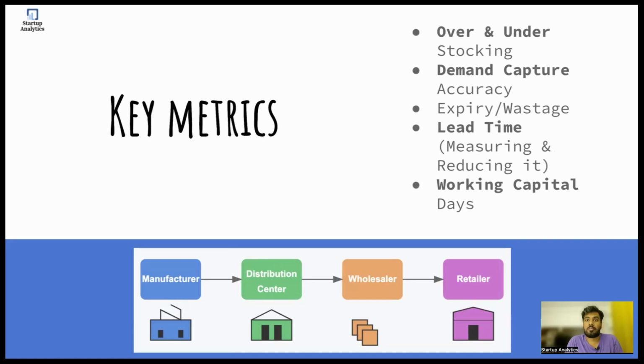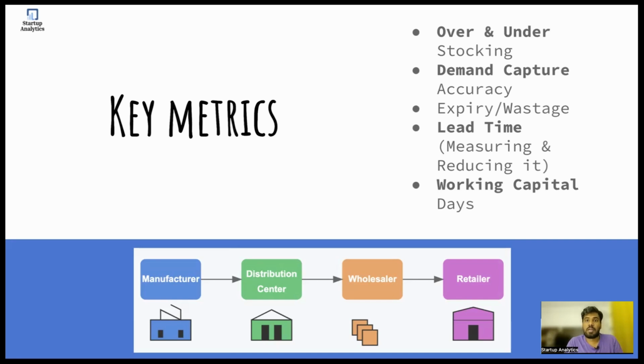So the metrics are important because you want to measure how good your supply chain is, right? And then later on you can try to improve it or make changes to it. Some of the areas are, how frequently do you overstock? How long do you hold your inventory through your supply chain, right from, let's say, manufacturing to finally when you make a sale? There's something called inventory days. How many days do you hold that product through your supply chain?